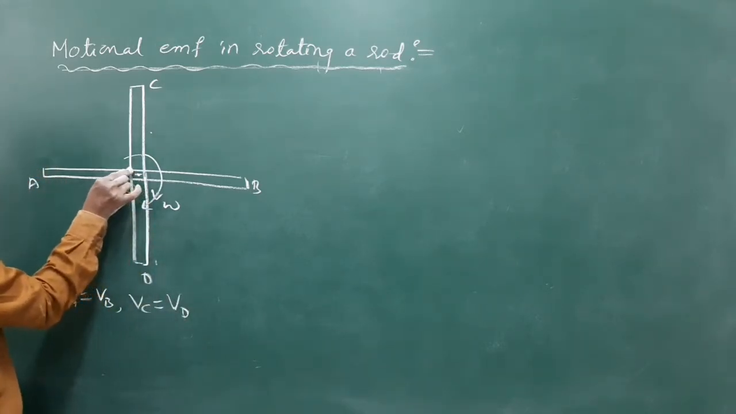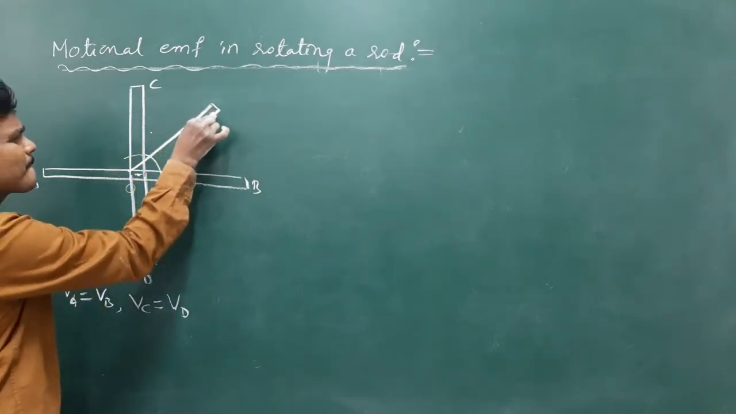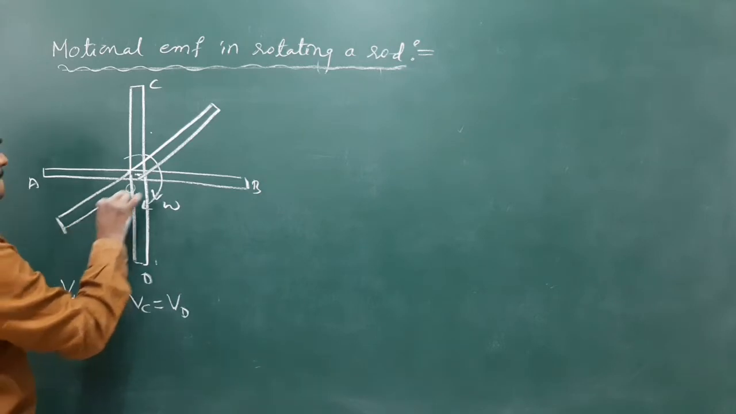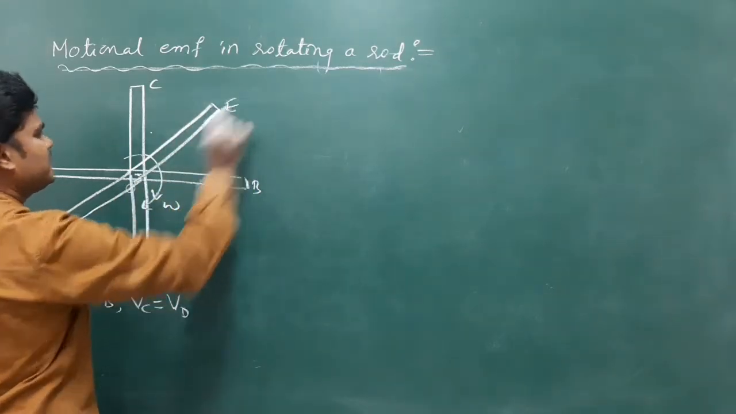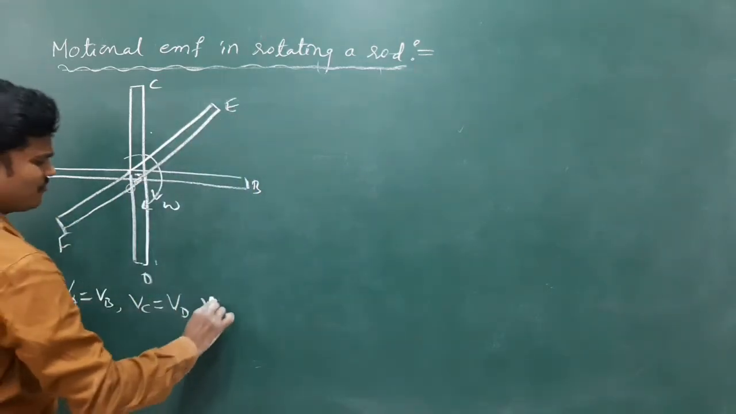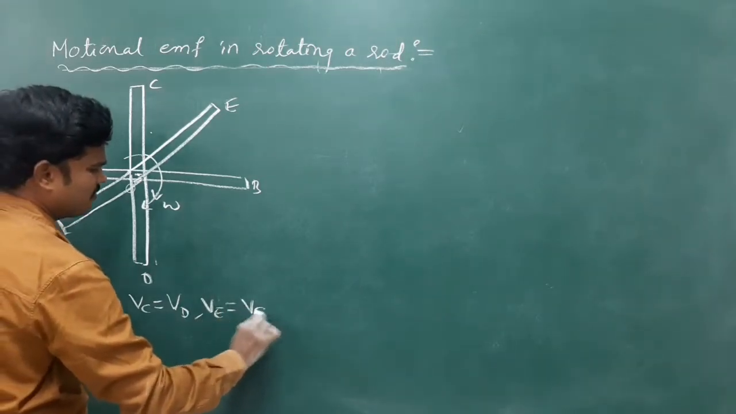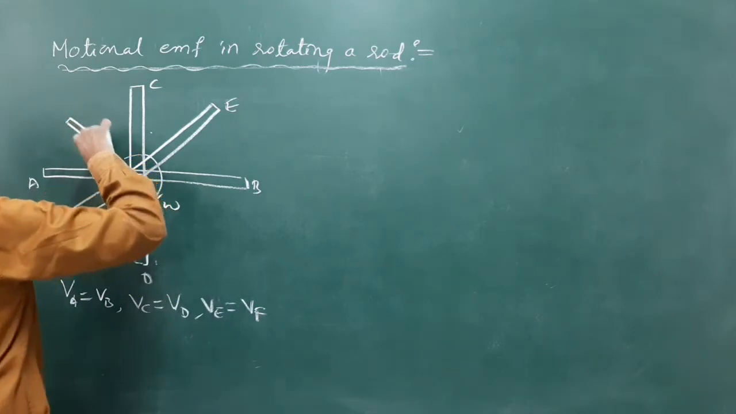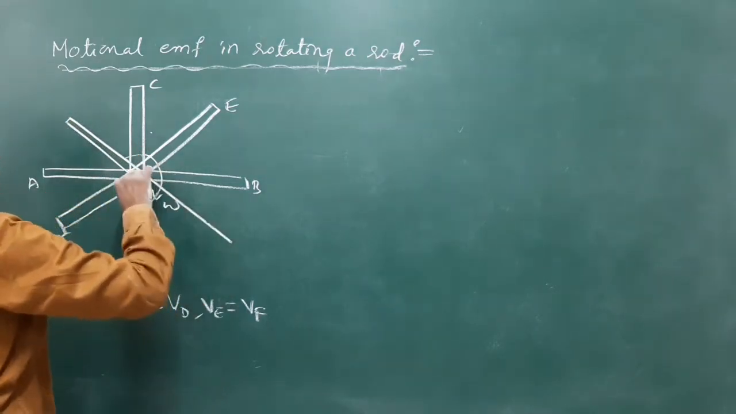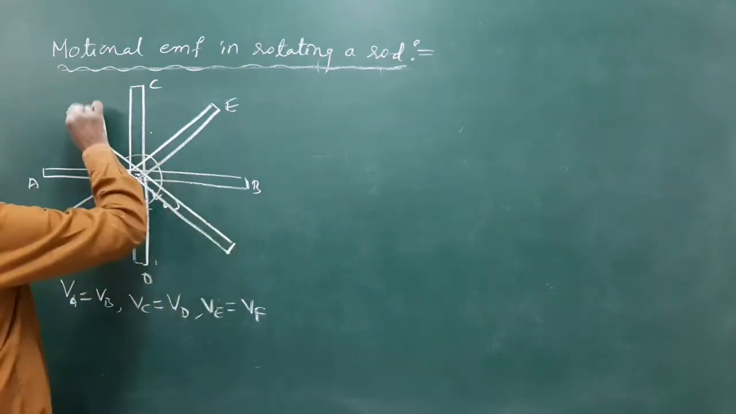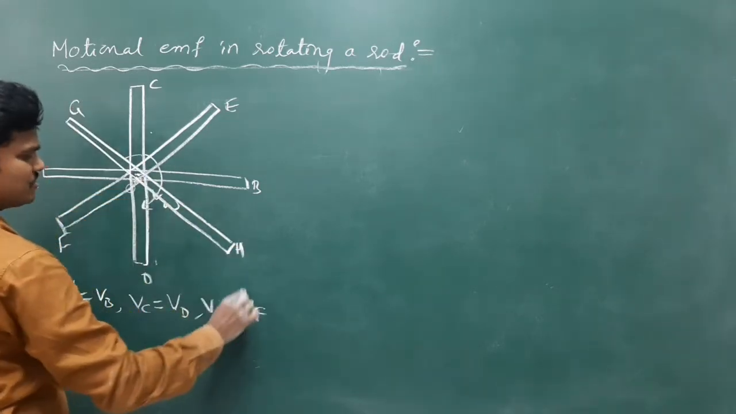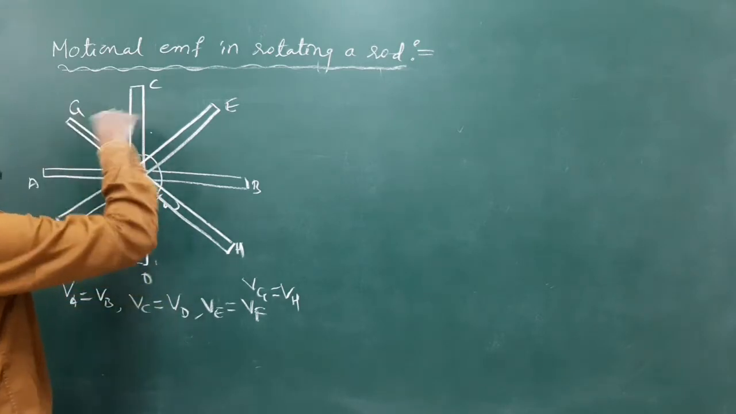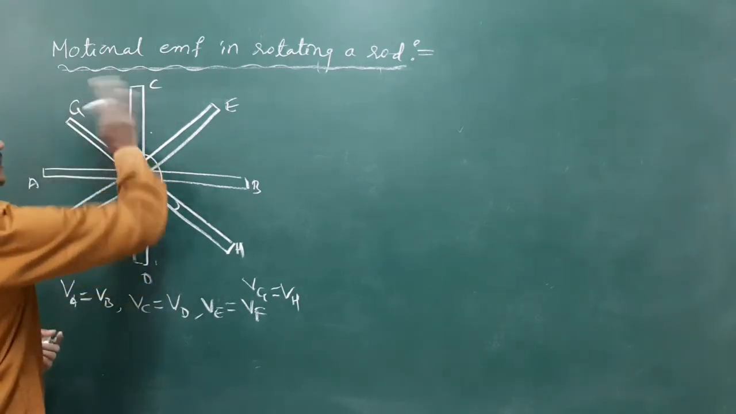If I place one more rod, if it is EF, then VE is equal to VF. If I place one more rod, something GH, no doubt VG and VH are the same. If I take one more, if you join all these rods,